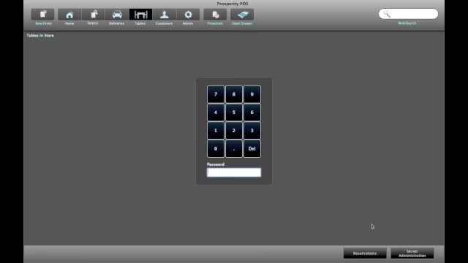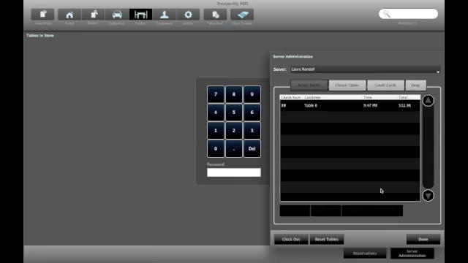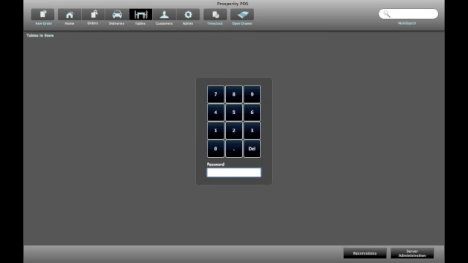Now, this Tables tab also contains the Reservations pop-up here, as well as the Server Administration pop-up here, which will allow you to